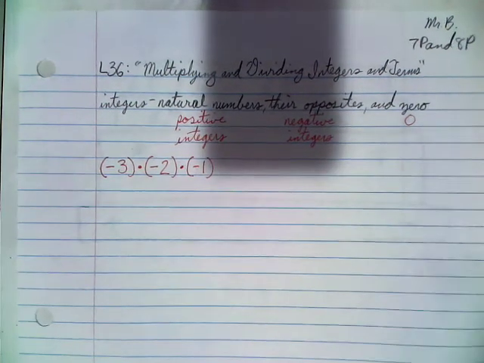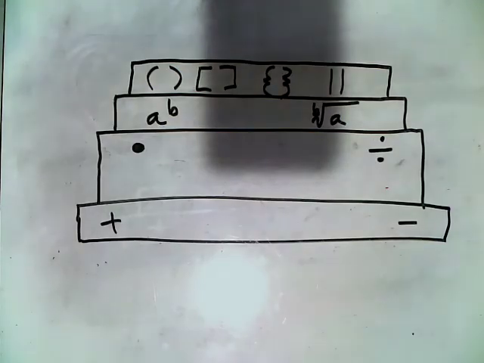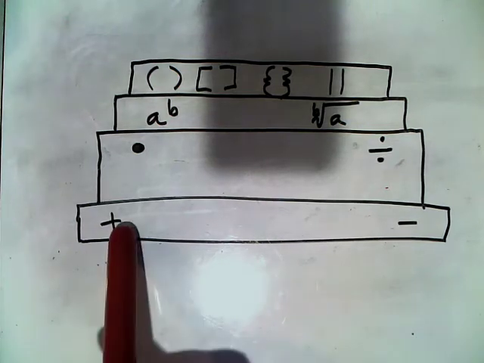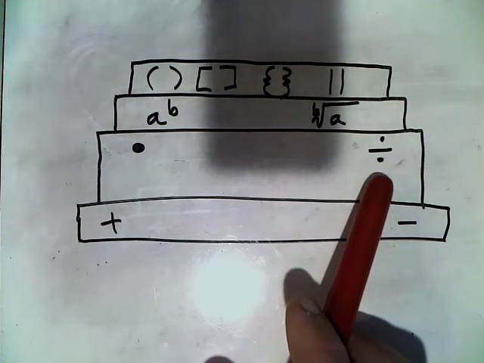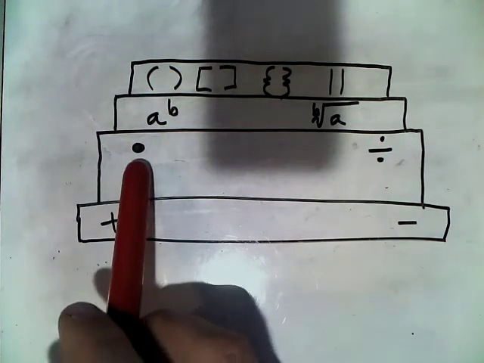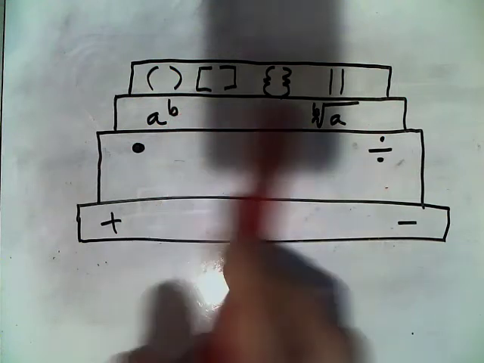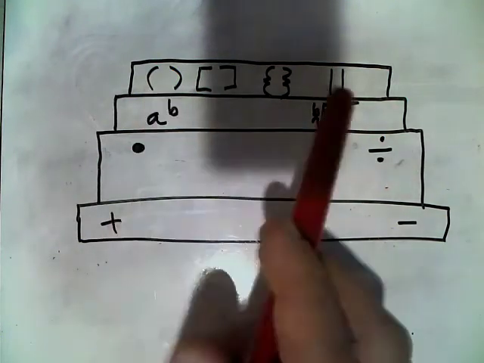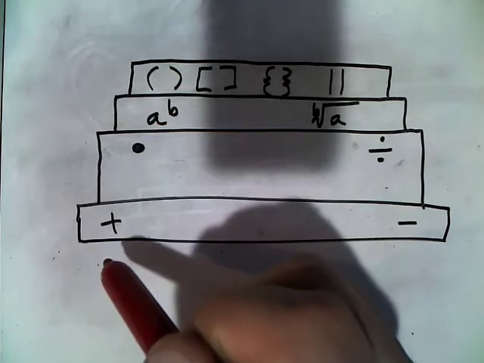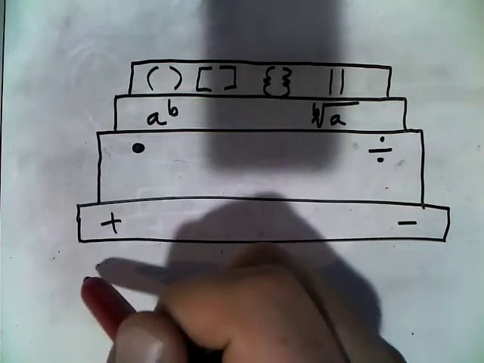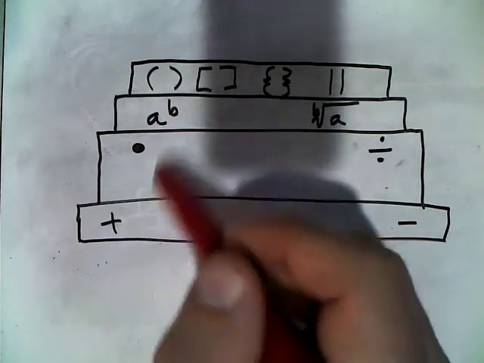Just to kind of put this in perspective, we've talked about our math pyramid before. We've got addition and subtraction as the weakest operations. We've built off of them because repeated addition is multiplication, and its inverse, division, is on the same step with it. Repeated multiplication is exponents, and the exponent's inverse is roots. And then at the very top, we have our grouping symbols. So ladies and gentlemen, when we're dealing with a number and its sign, the negative sign or the positive sign, as far as the pyramid goes,